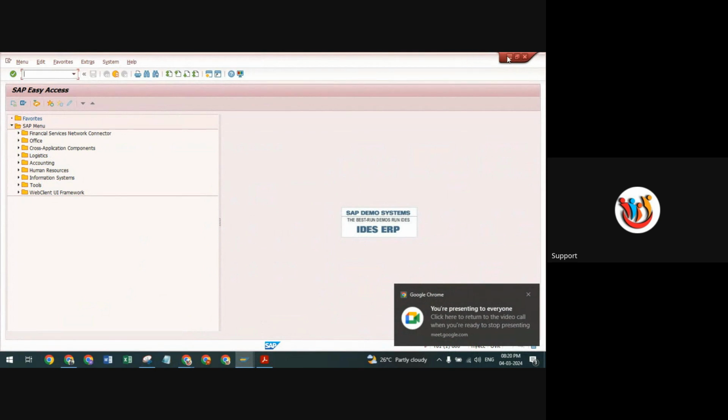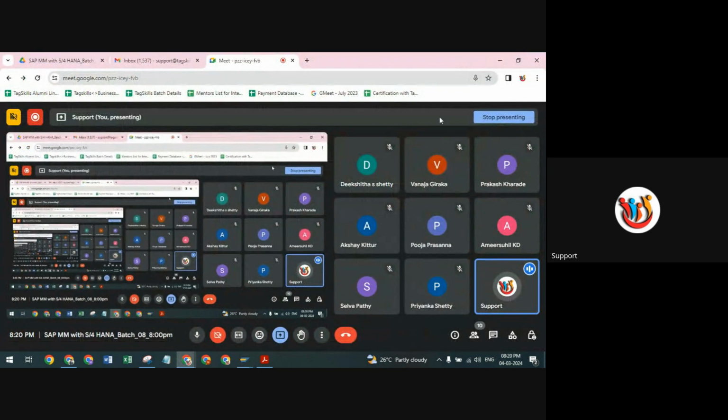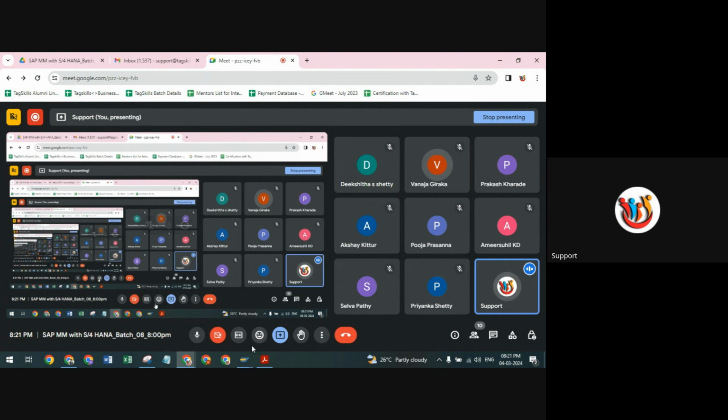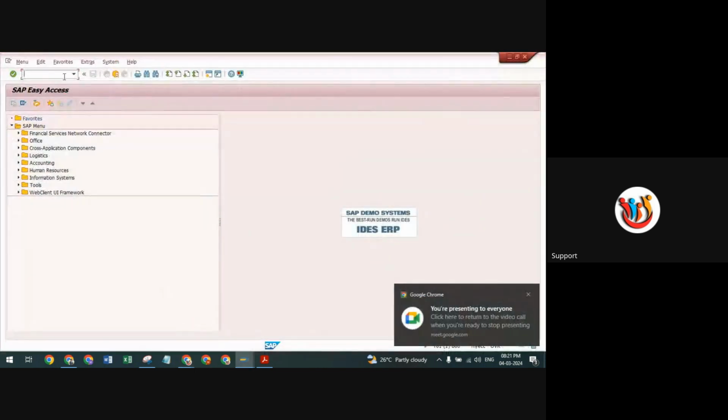For MRP or consumption based planning, what are the views we need to maintain in the material master creation? MRP 1, MRP 2 and MRP 3. Okay, all the views we need to maintain. MRP 1, 2, 3, 4. There are 4 views for MRP that we need to maintain for consumption based planning. So let's start